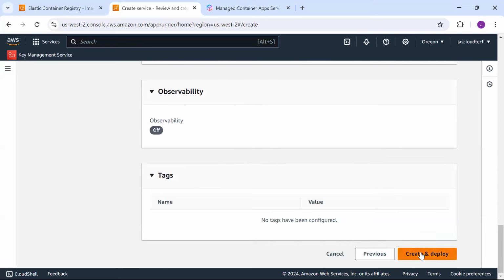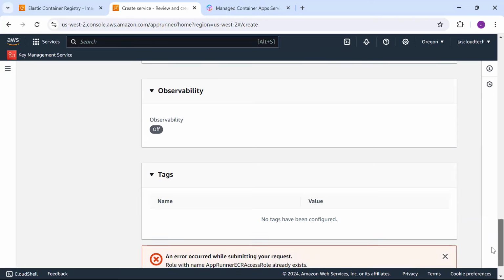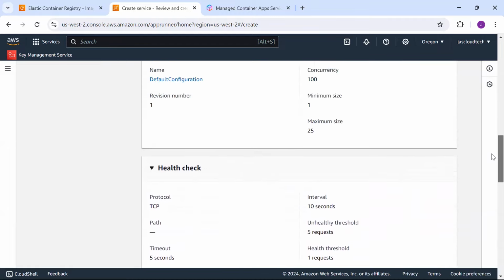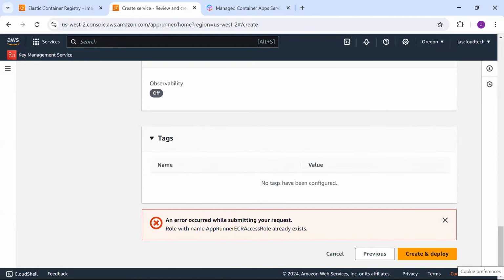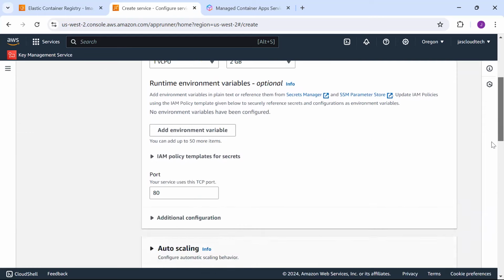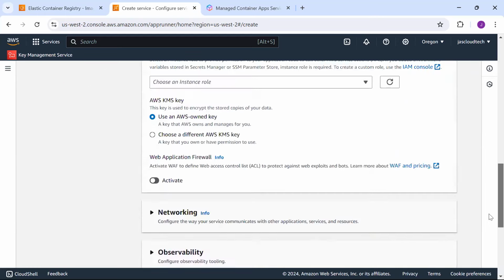Okay, so create and deploy. It will take some time to deploy. Okay, some error is there. So we can create. You can see there's already one App Runner ECR role that exists. If you're doing it for the first time, it will automatically create. Next time, you can put some name over here. So I'm just choosing my existing